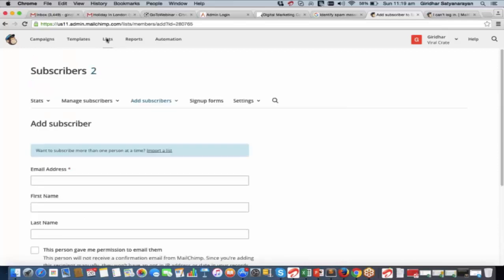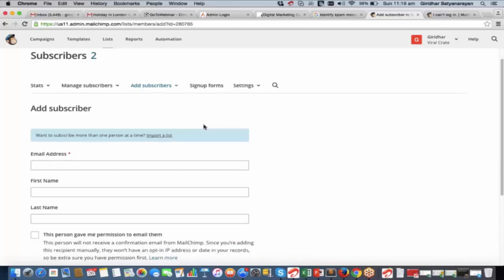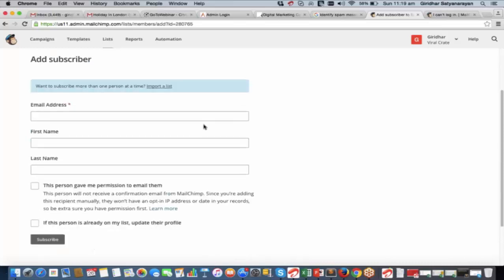So pretty simple, right? Go to lists, go to create a list, and then come in here and add a subscriber. So basically what we're doing is building an email list here so that the emails can be sent. When you talk about bulk emails, it will always be sent in lists. Because you're creating different lists, putting email addresses under that. And then when you create an email and send it to people, you'll be sending it to the entire list.